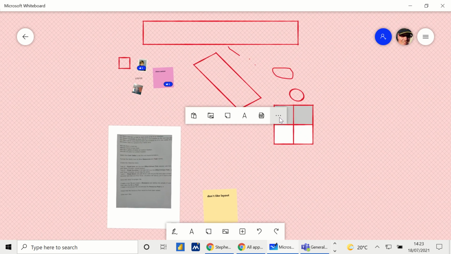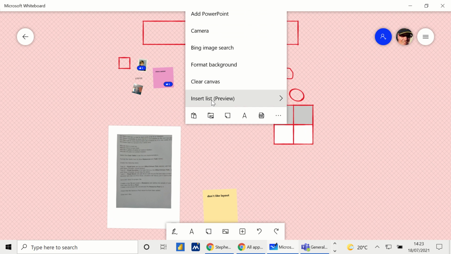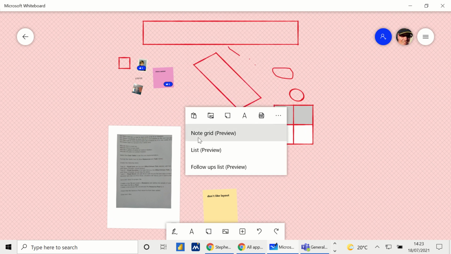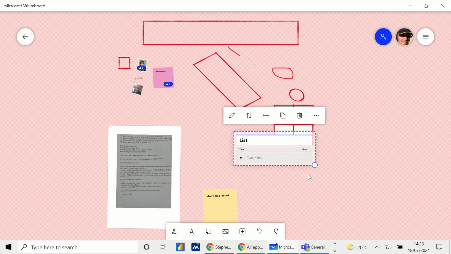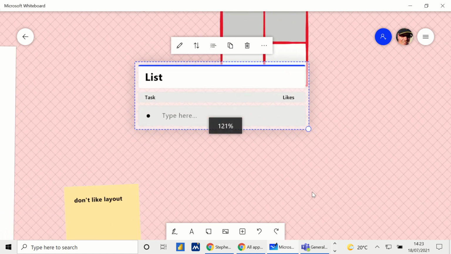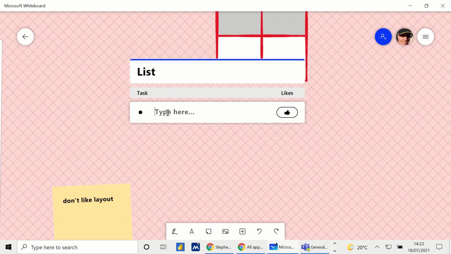If I right click again in this space, you've got insert list. If I click on this, it gives you different options: follow-up list, note, grid view, and preview. So if I go for list preview, it gives you this option. Just zoom this in a bit so you can see it. So it says type here a task, review AM or whatever you want to do, and then